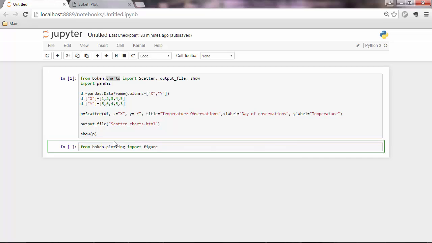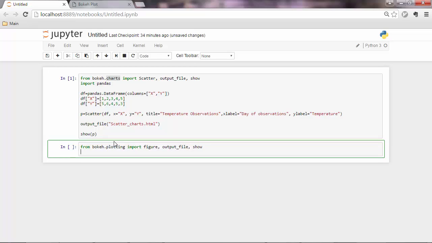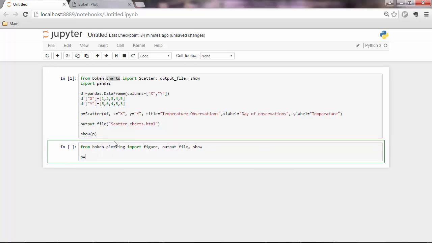So the idea is that you create a figure object, and that will be empty, and then you add a line glyph, let's say, or a circle glyph. For example, with a circle glyph, you'll have 5 circle glyphs, and then these glyphs make up the scatter plot. So let's see how we do that. Output file in this case as well, and the show method. So in this case, instead of going ahead and creating the scatter object, we would want to call the figure